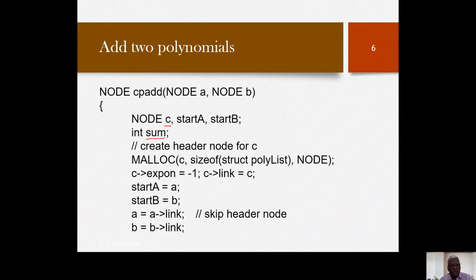And this is a temporary variable which is used to add the coefficients. So as usual, we'll create the dynamic memory for C and create a header node, you can see here. And in order to make sure, you can see that we have two more